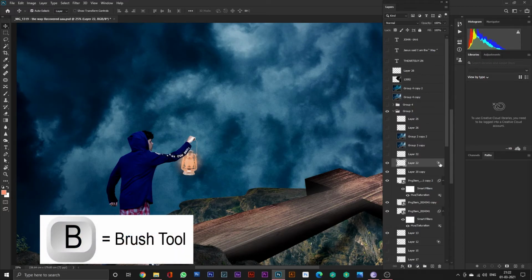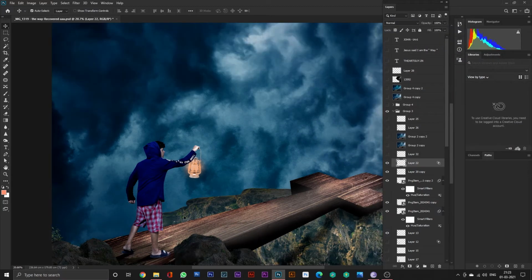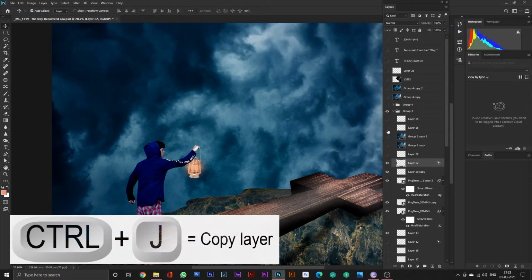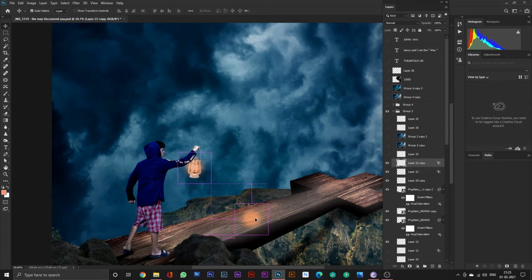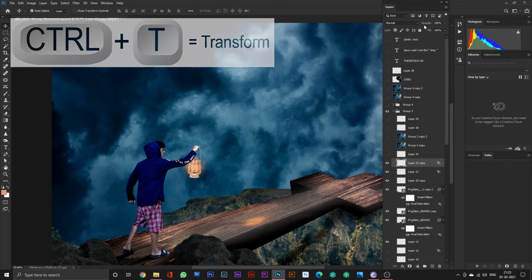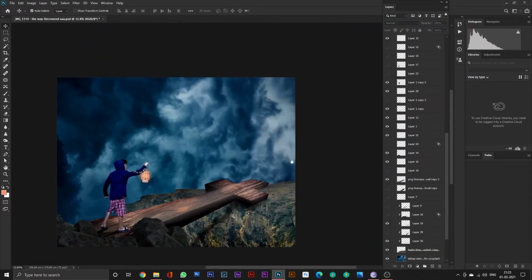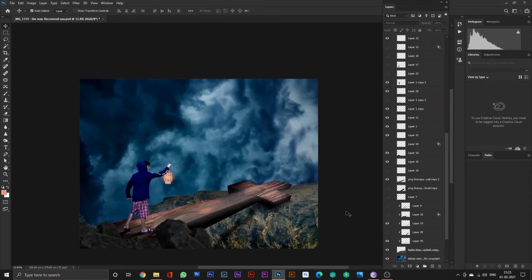And there is a small idea which I learned a lot this year: there is an option in blending modes, so you can use that. You can use the lighting to be mixed with the foreground, or you can use the shadow to be mixed with the ground. As I have done here, you can see it. And you can also use the lighting the way I have used here with the brush tool.